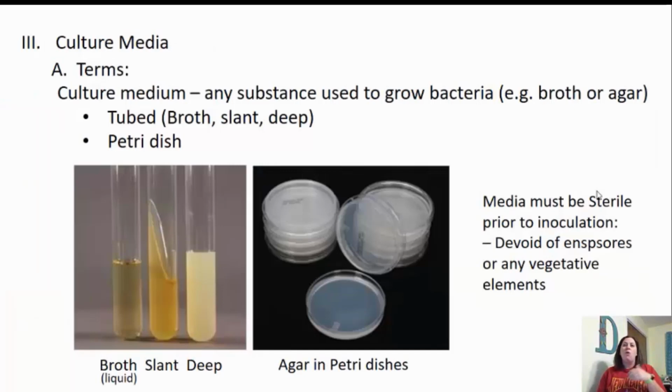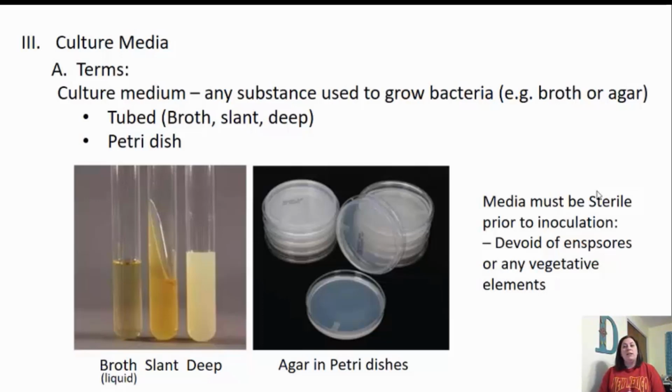So now that we know the physical and chemical requirements for bacterial growth, this leads us to actual culture media. This is what we can use as a substance to grow bacteria. This could be a broth, which we see as a liquid, or it could be an agar. Agar has thickening agents in it to make it more of a gel substance. Now, some bacteria can grow on any type of media. They're not picky. They can grow on pretty much anything, but some actually need special media in order to grow.